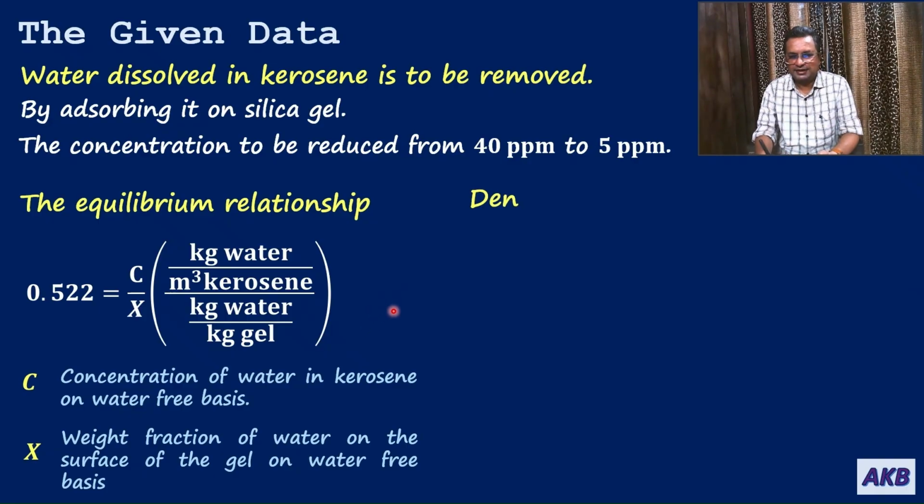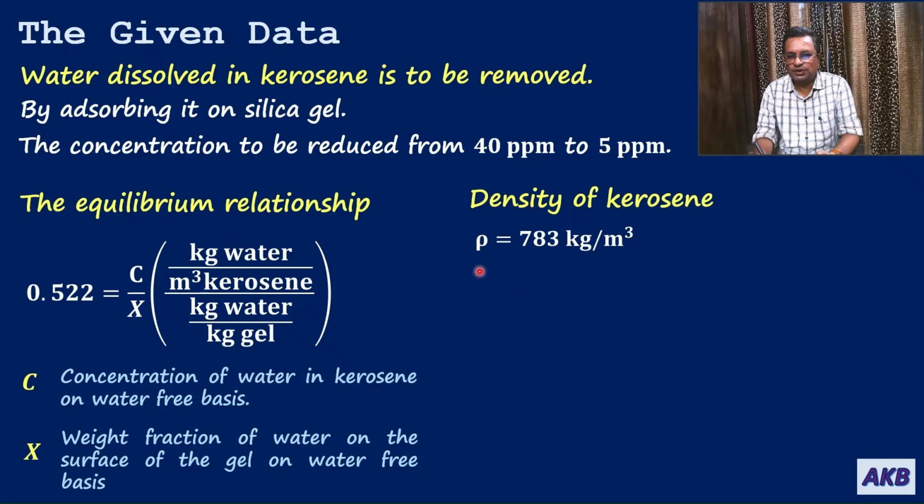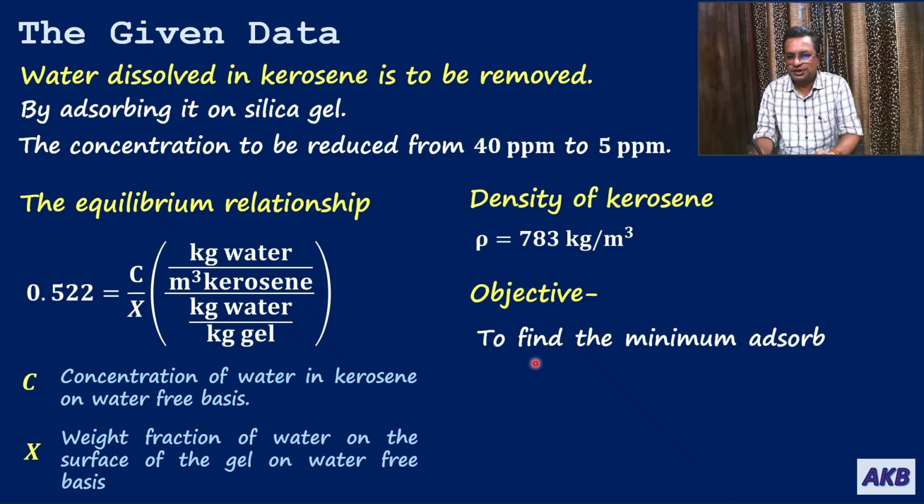We need to understand this. The density of kerosene is given to us. Let us denote it as rho. So rho is 783 kg per meter cube. What is the objective? The objective is to find the minimum adsorbent to solvent ratio that can be used in